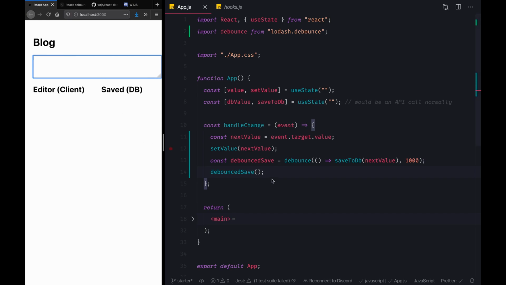And why this is happening is because whenever we call this handleChange, we are creating a fresh debounced function that is being invoked. And because we're calling a fresh function each and every time, we don't have the reference to the older debounce function, which was what we passed here. And that's why it's losing that value. So in order to fix this problem, we have to actually extract out this debounceSave function and ensure that it doesn't get recreated on each and every re-render.